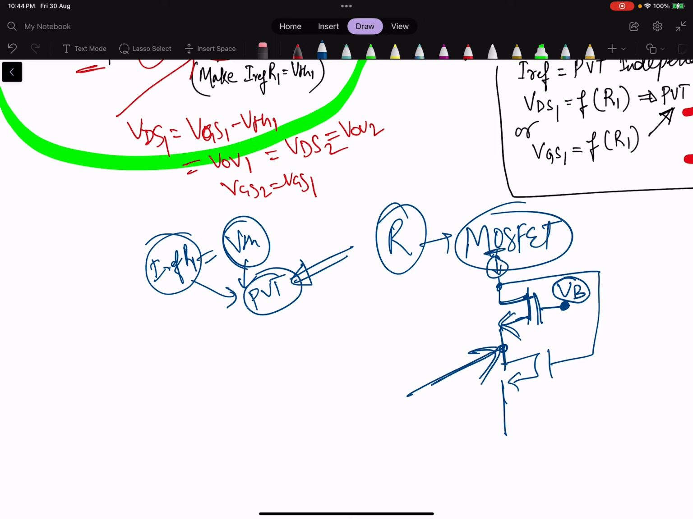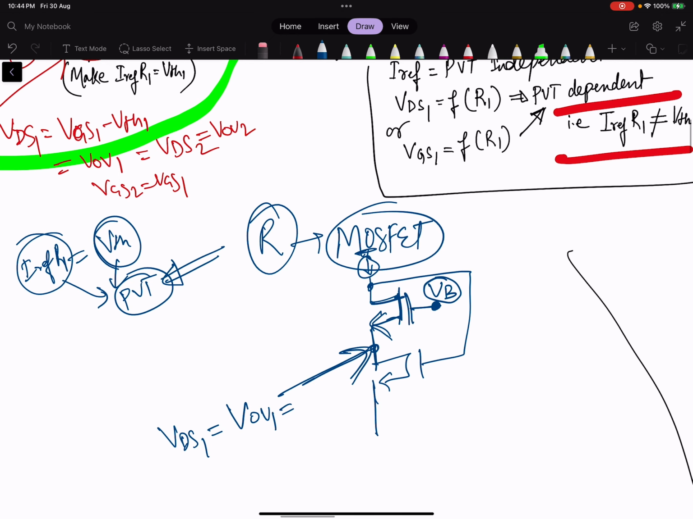This voltage equal to VOV1 is equal to this VDS1 is equal to VOV1. Okay, then only it will be equal to this VOV2, VOV1. Okay, then this VDS is equal to this VDS, and above this